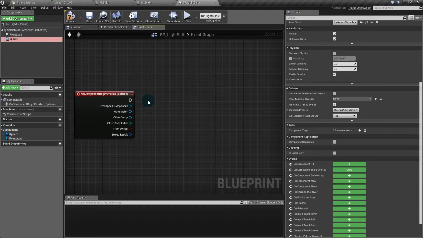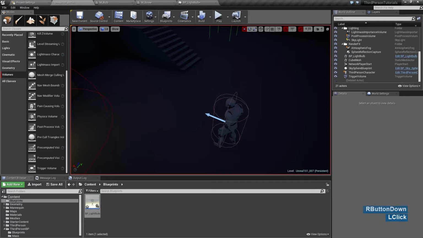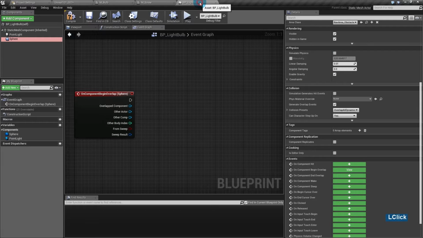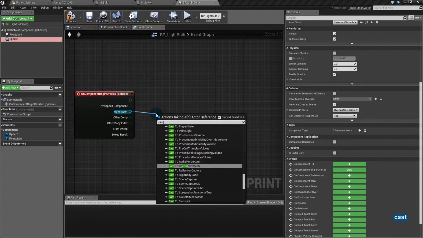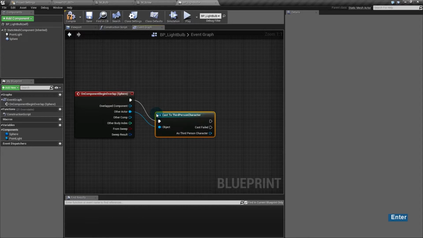So I need to check if the other actor is our player. So I need to know what blueprint is our player. He is a third person character blueprint. Alright, so I'll get the other actor, cast into a third person character,